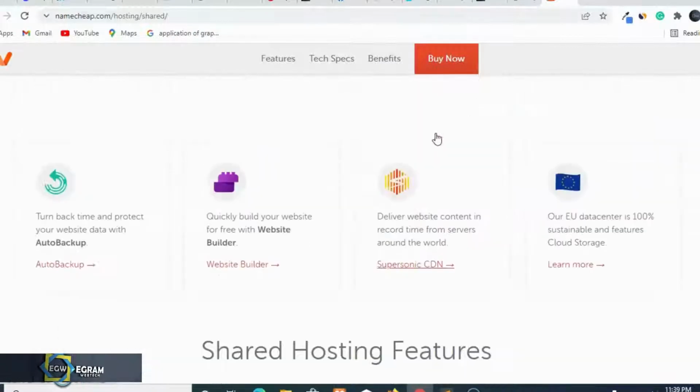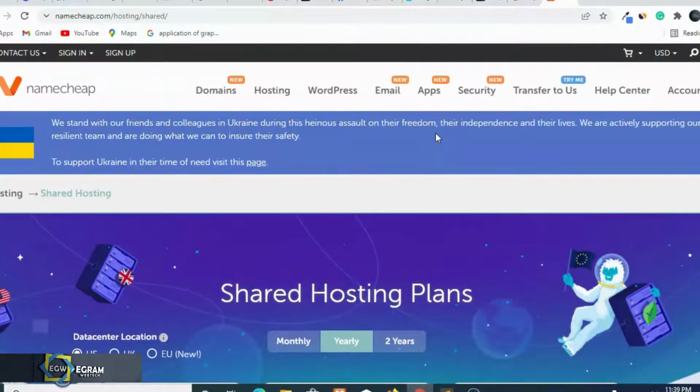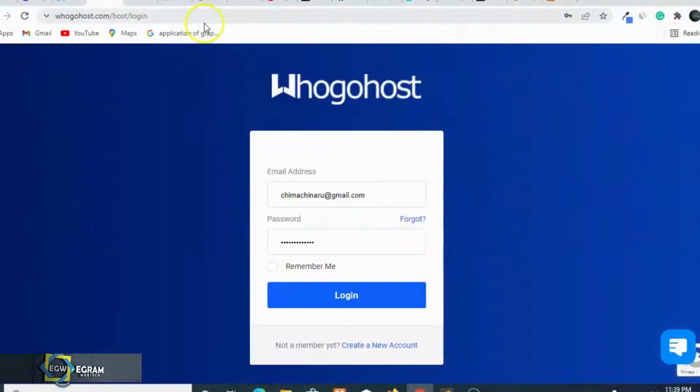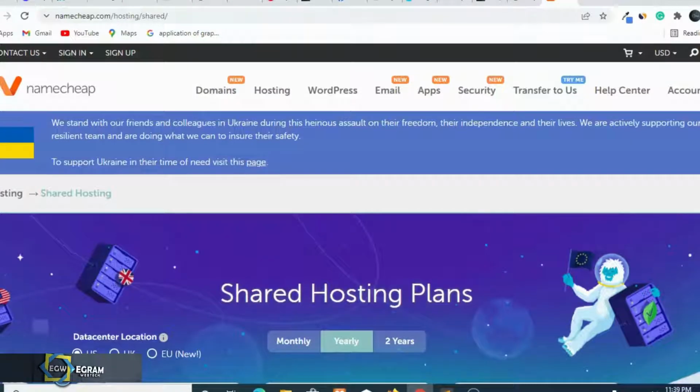There are so many other hosting providers there. It must not necessarily be Namecheap. But if you're a Nigerian, I can suggest you use a Nigerian host like Google host, Nigeria host, Cure servers, or Trust host, and any of them can work. But if you want to use an international or foreign host, you can use Namecheap, you can use Hostinger, or any of them.